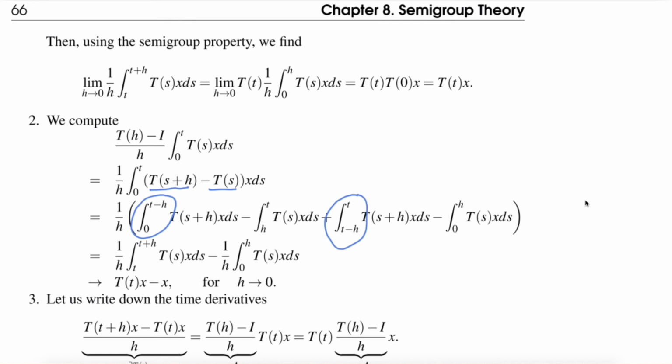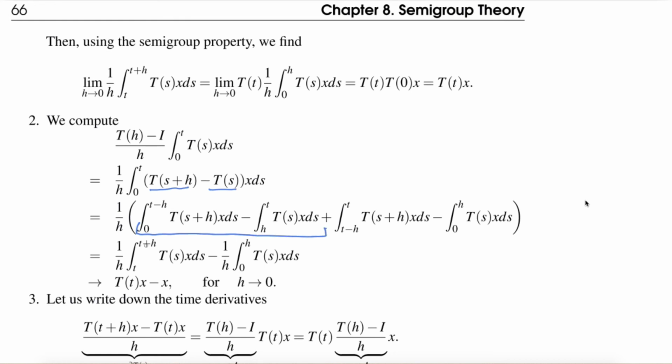So this comes from the first term, and then from the second term, the minus T s, I take an integral from h to t here, and then from 0 to h here, and obeying the minus sign. So this comes from the second term. Now the first two terms cancel. So here, these two terms,